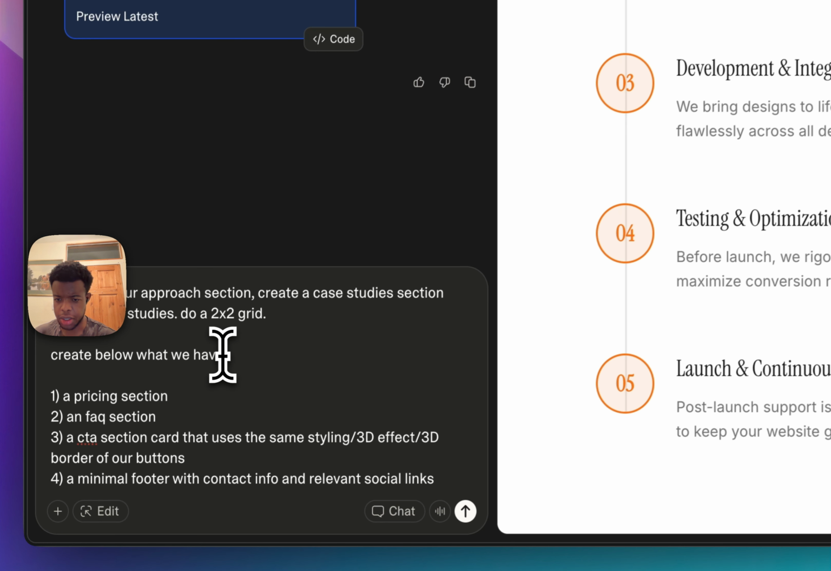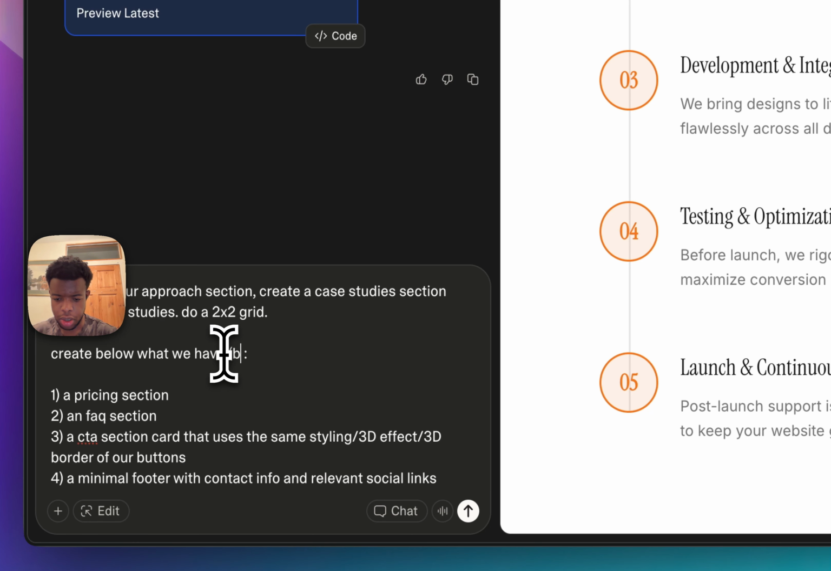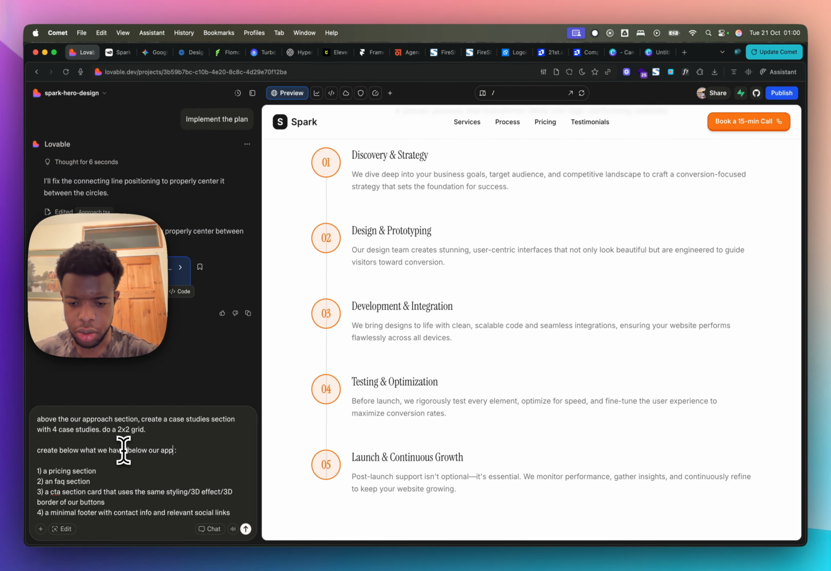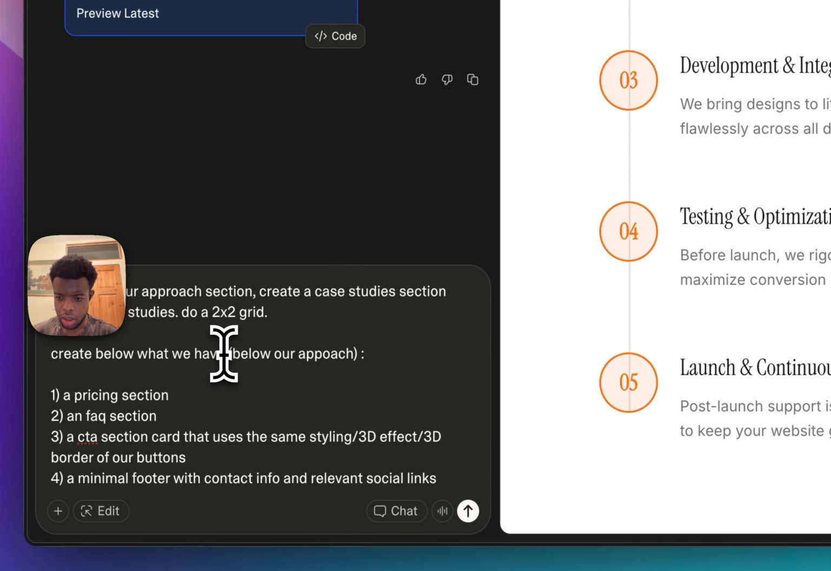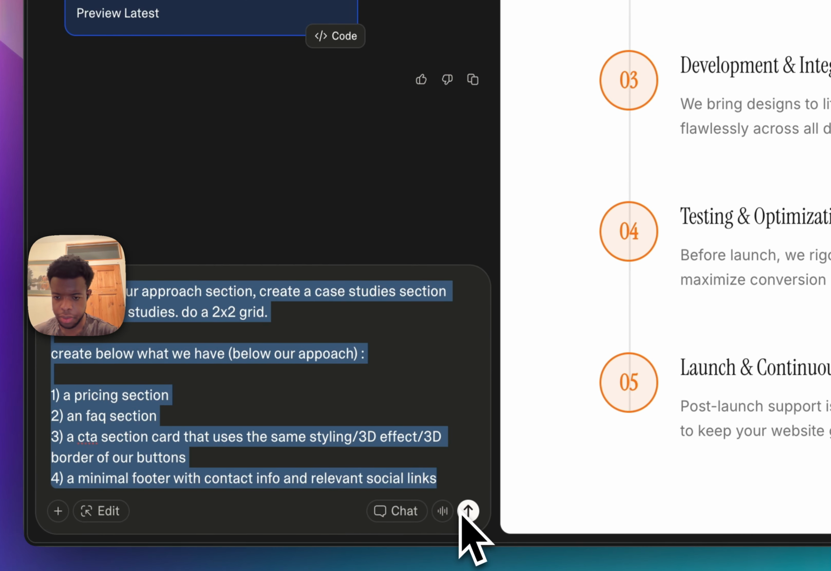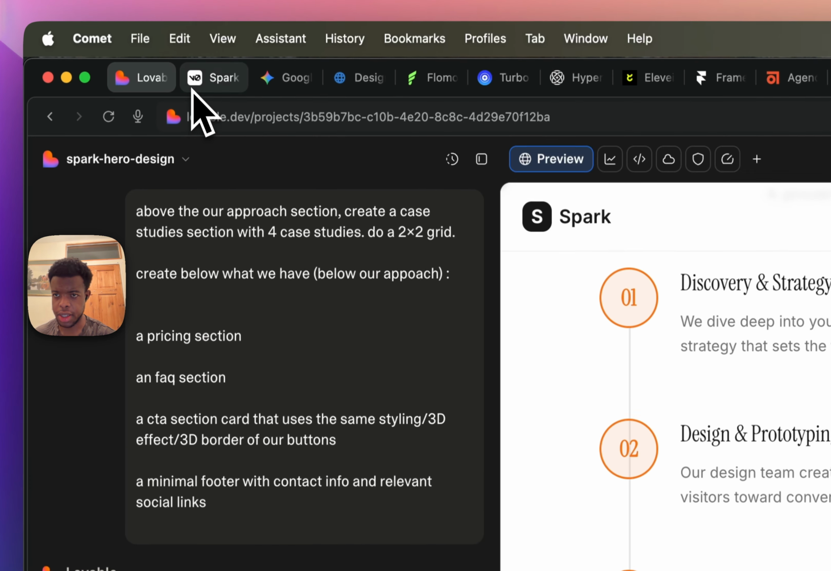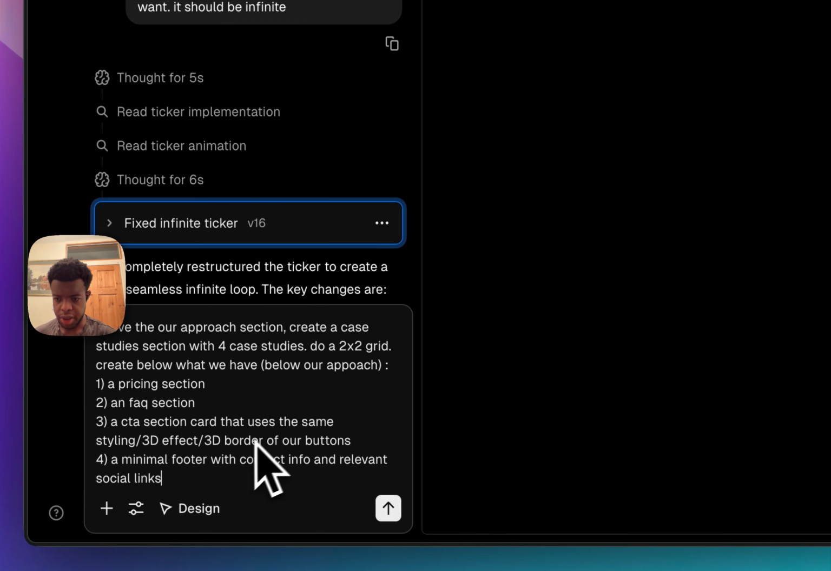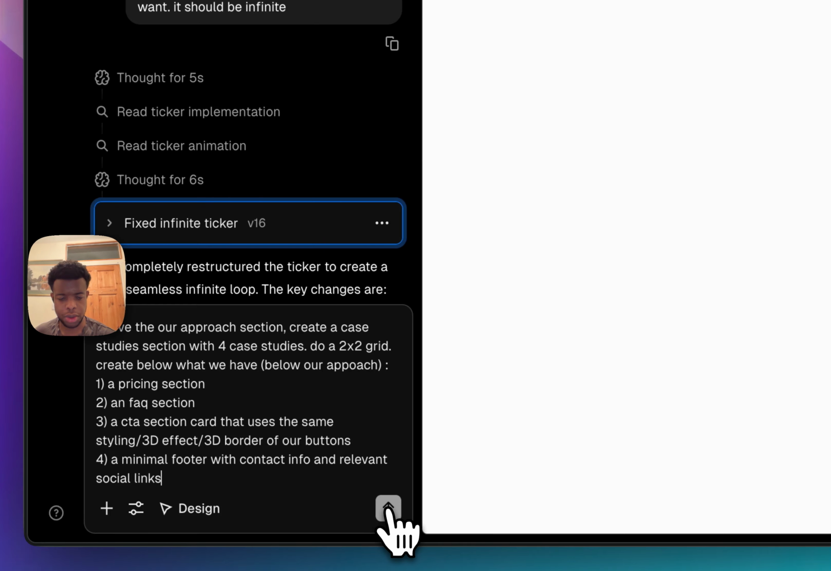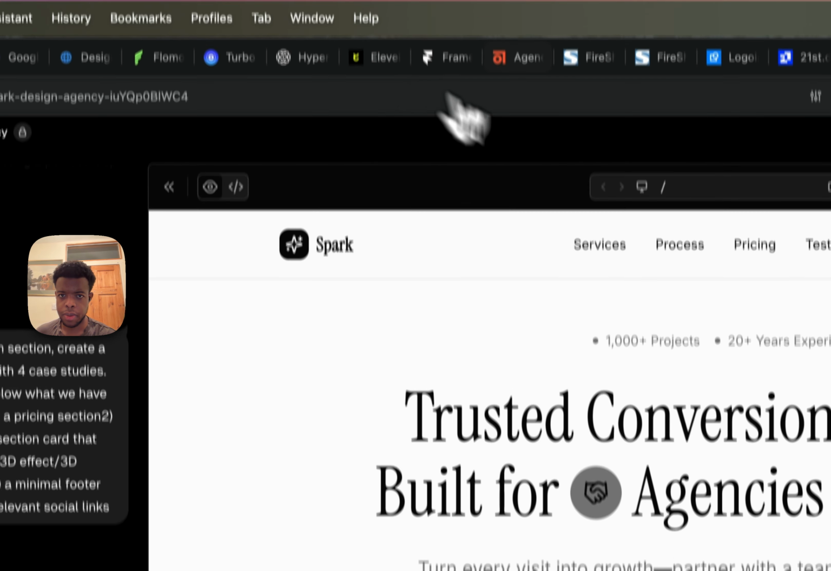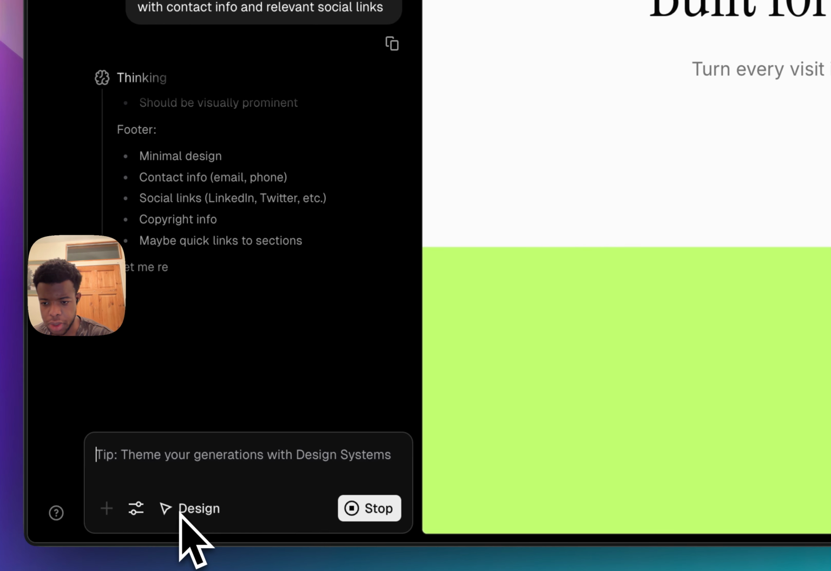So I'm also going to specify below our approach, and then we're just going to copy that, paste this and paste this into V0, and we're going to see what they finally end up with as a result. And while we're waiting for the prompt in V0,